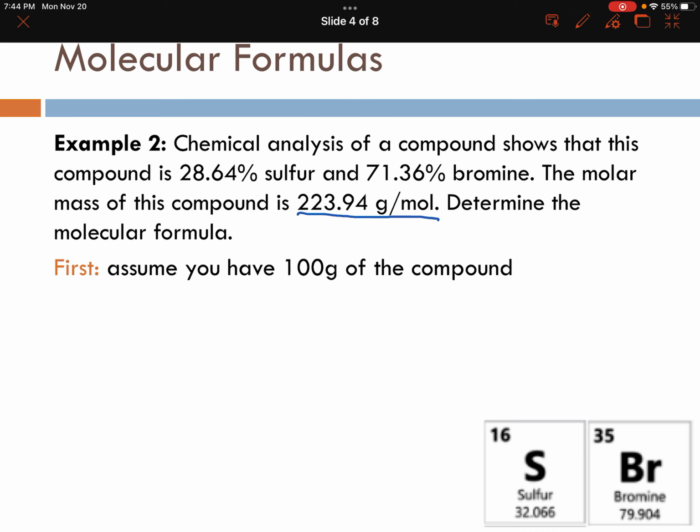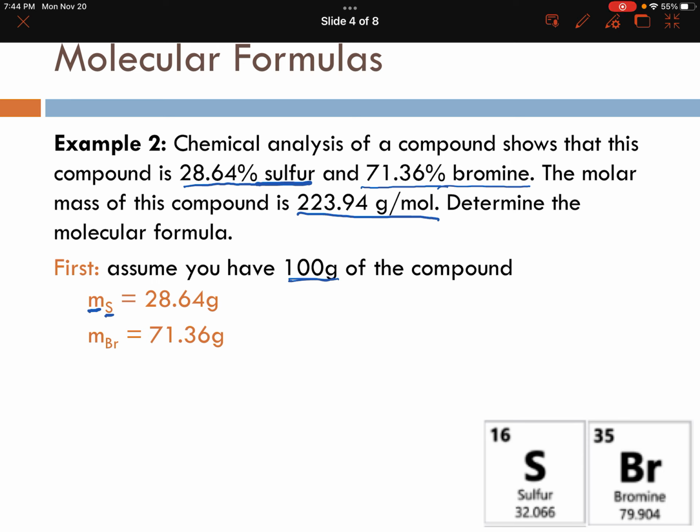If I want to find an empirical formula, my first step is to assume I've got 100 grams of my compound. I do that just because it makes the numbers really nice. If you've got 100 grams of your compound and 28.64% of it is sulfur, then your mass of sulfur must just be 28.64 grams. We'll use a subscript of S for sulfur, and the symbol for mass is lowercase m. Same idea with bromine. If you've got 100 grams of your compound and 71.36% of it is bromine, then my mass of bromine is just going to be